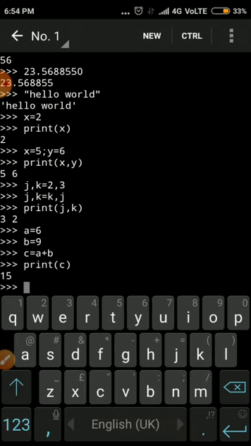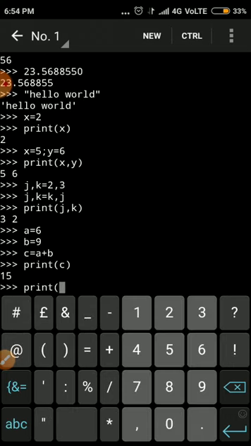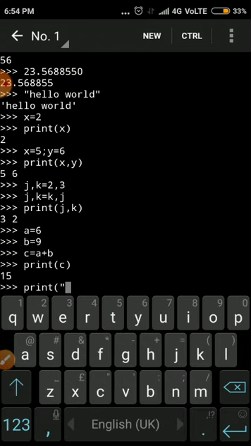Now the second way is to use the print method and give some additional information. For that we call the print function, then opening bracket, then double quotation, and here we give a simple message, addition of two number.